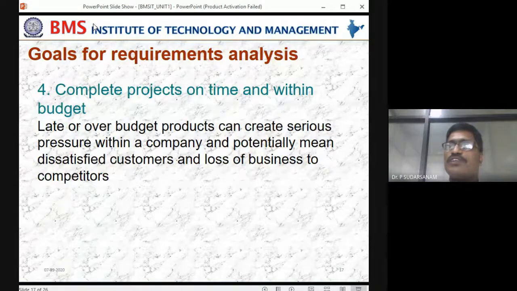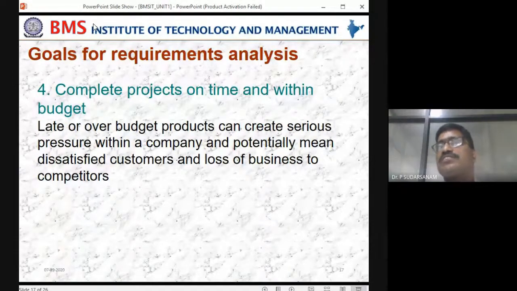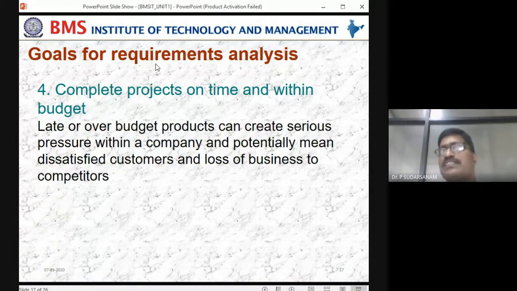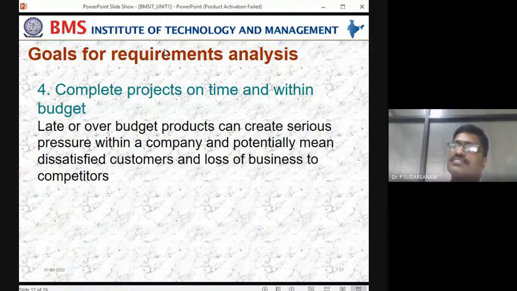That means what? Suppose it is a 3 years duration, then you should complete it within that 3 years, and only then your expenditure will be normal. If it is crossing that, you know that. So that is why they complete the projects on time and within the budget. Whatever your monthly expenditure is, for example, maybe 5,000 or 6,000, you spend. If you want to spend 50,000 also, you can spend it, but the expenditure will be more. So with respect to projects, it is nothing but within the budget, within the time.